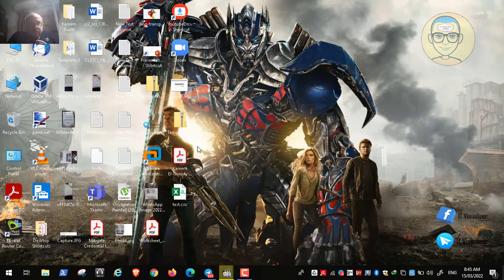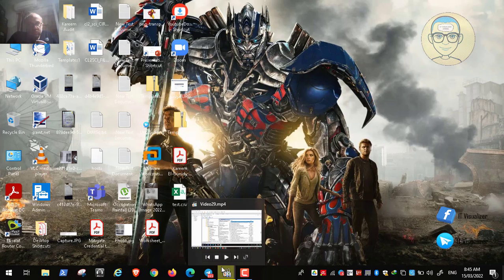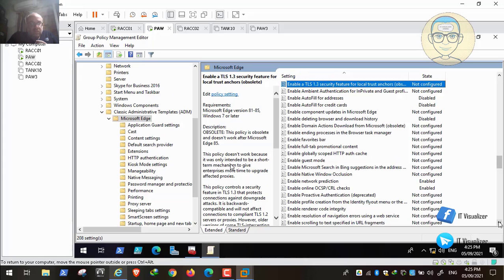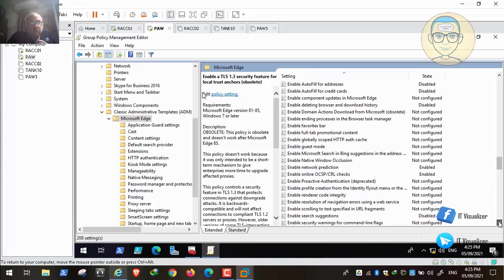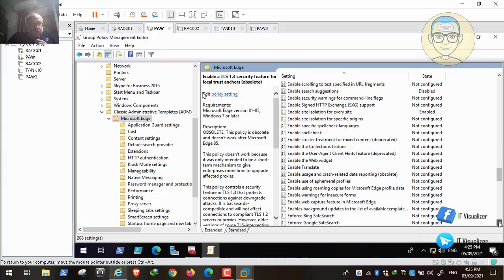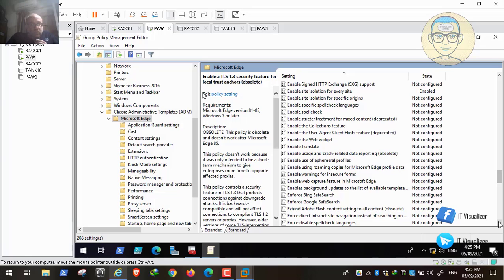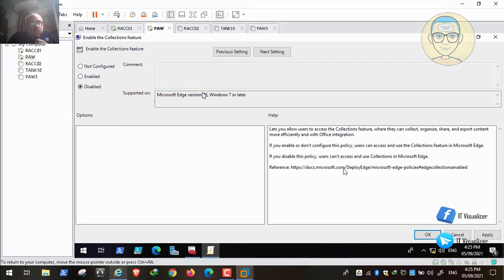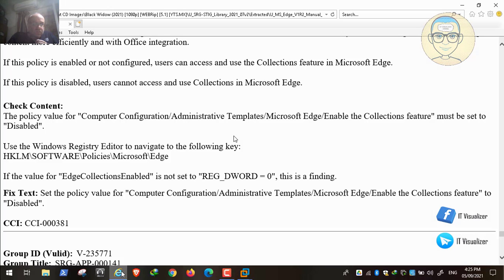Let's have a moment and see what it will do. Okay, this is a good integration between Microsoft Edge and Office or the other products of Microsoft, what I was talking about. So here we will disable this kind of thing,